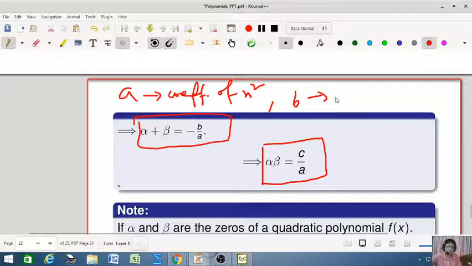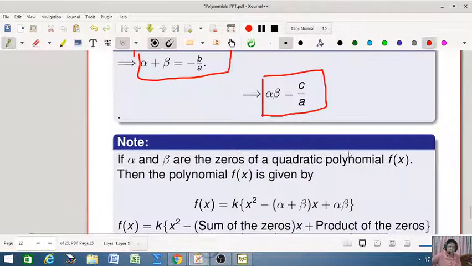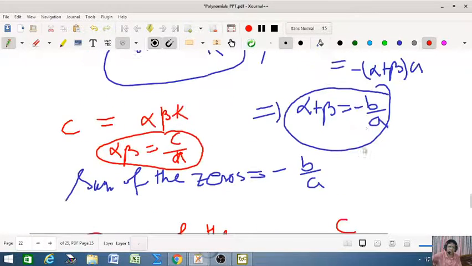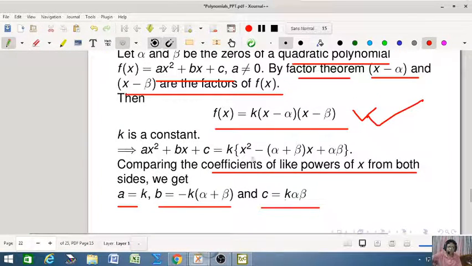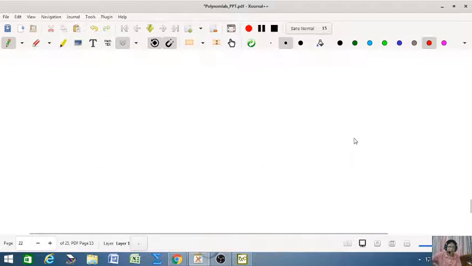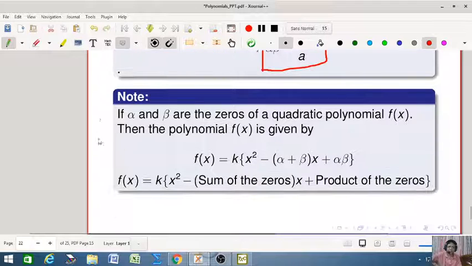And what is B? Coefficient of x. And what is C? Constant term, coefficient of x to the power 0. Okay, so these are the important results that you have from here. This calculation shows you the results. And also there is a note that if you know only the zeros, you don't know the polynomial,